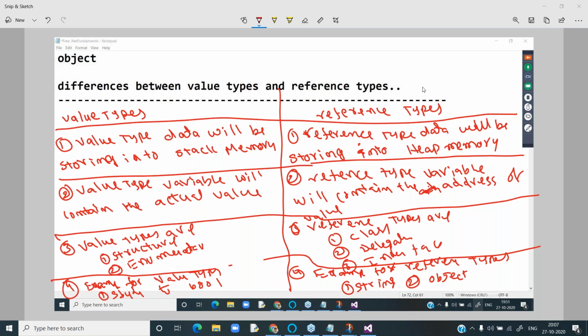Can you tell me examples of reference types? Write the examples of reference types.